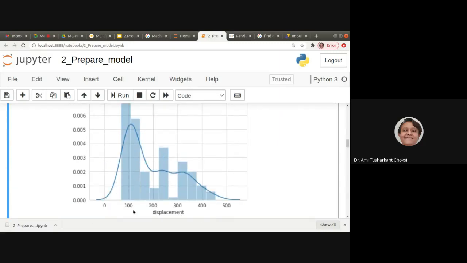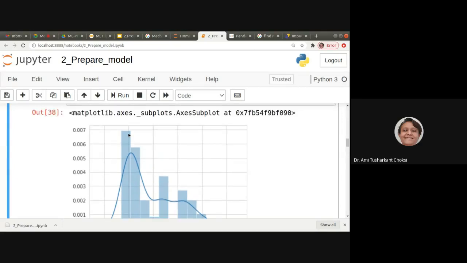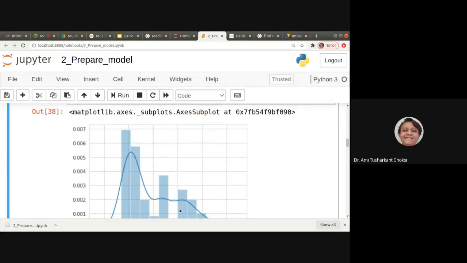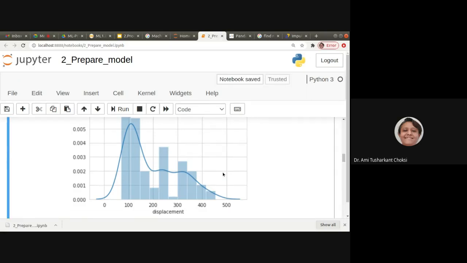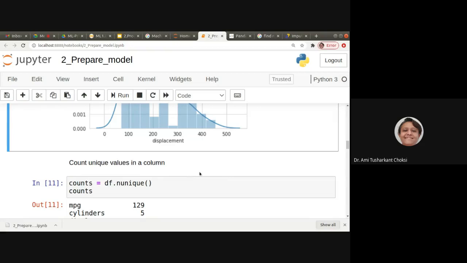For displacement, we can see the largest value near 100, right? After that, which type of tail do we find here? It is a right hand side skewed distribution, right?